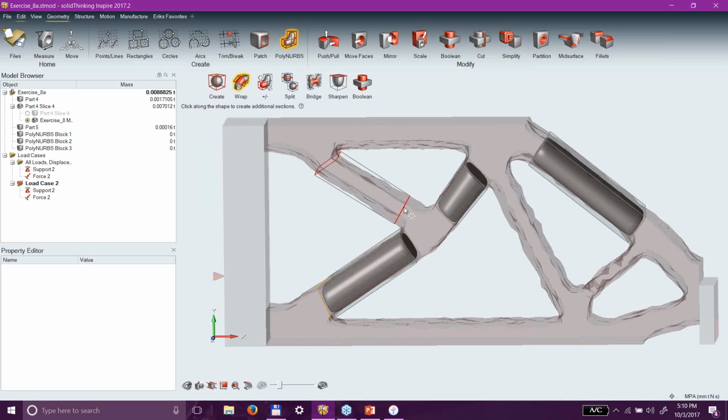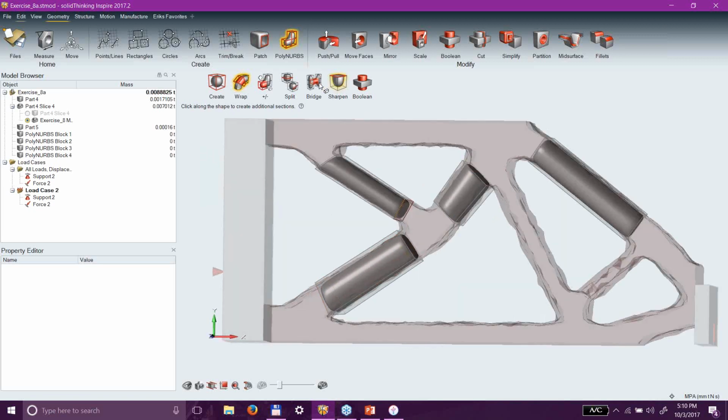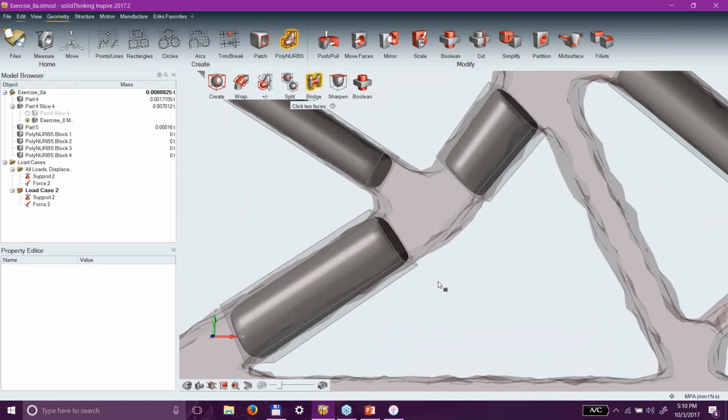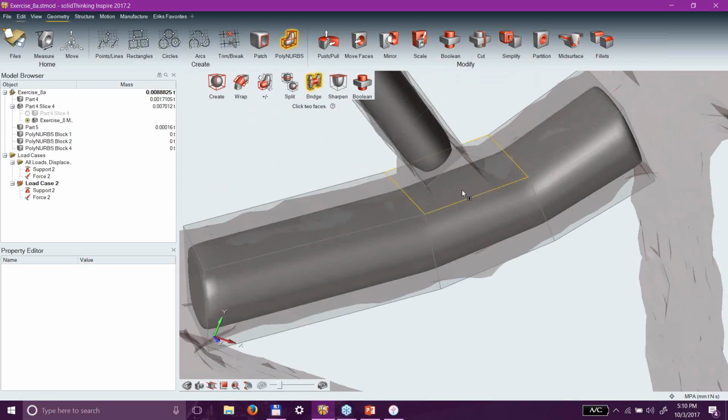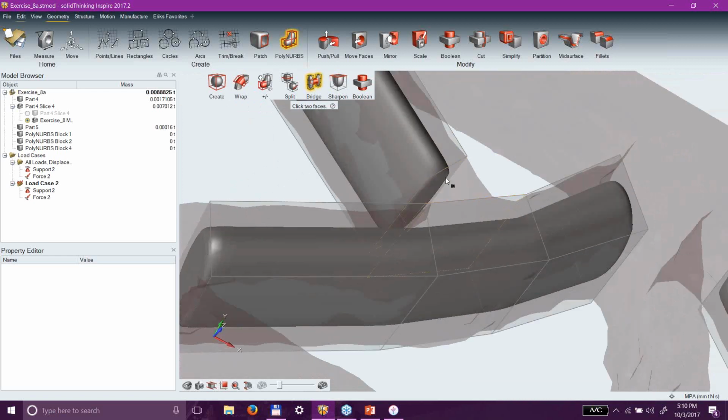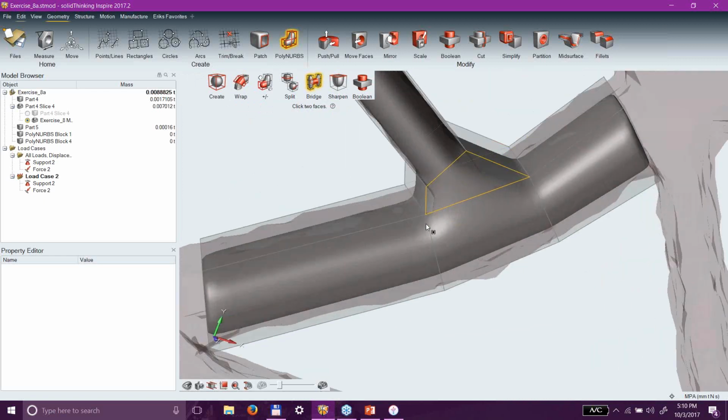And then once I have these legs set, I come to the bridge, and I bridge from here to there, and I get that, and then I can bridge from here to there, and I get that. And you can see I can create these